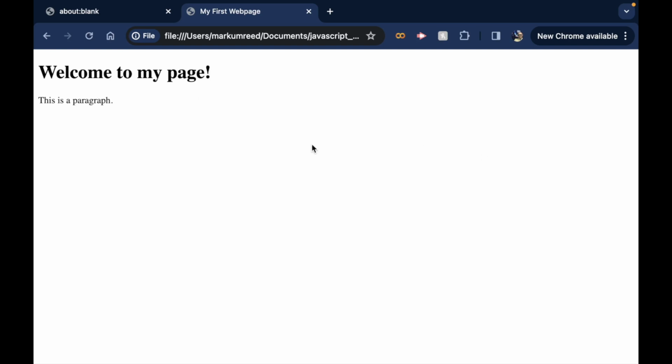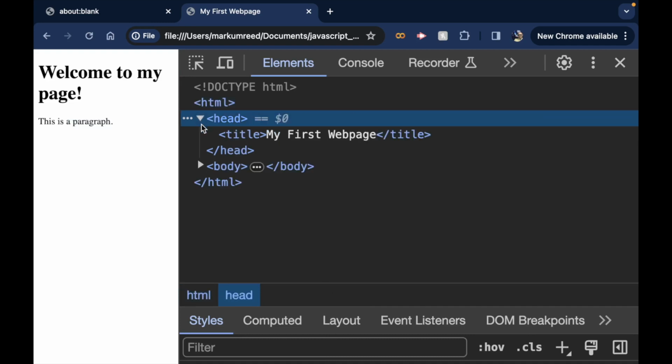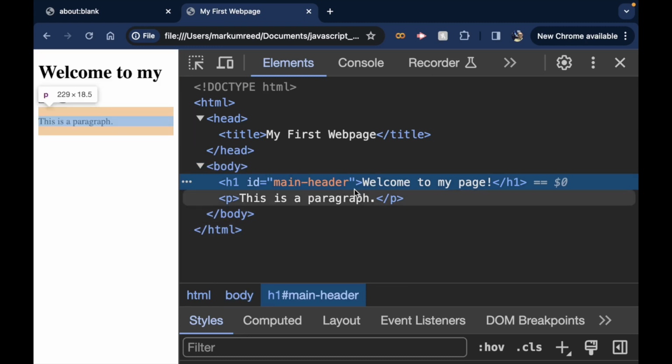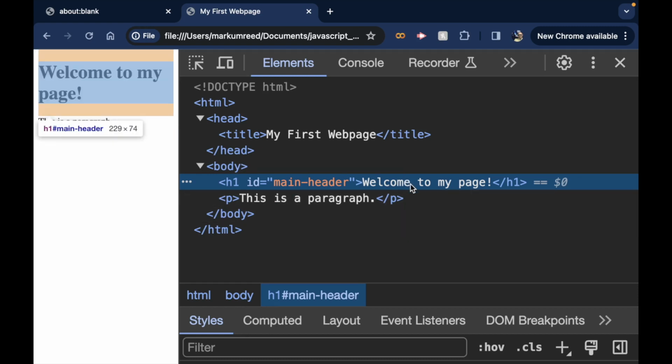Now, if we right-click here, we inspect, and we look at our header and our body, notice we actually have the main header right here, okay? So you can actually see that tag. And again, if I'm clicking on it, we can see even over on the left-hand side there that h1 hashtag main header, okay? And again, we'll highlight that element, and let's take a little bit more of a look at what's going on. All right, now it has that ID, and it's a lot easier for us to refer to it